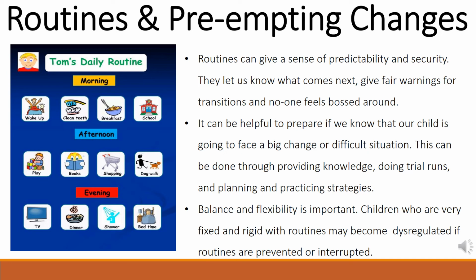This may be why often schools invite incoming junior infants in for an hour or two before the school term actually starts. It's to get them used to the new surroundings and routine before adding all the other stressors, such as bigger children and so on. Another idea would be to plan in advance with your child what strategies they could use to help keep themselves regulated when in difficult situations and practice using them. For example, taking some deep breaths,